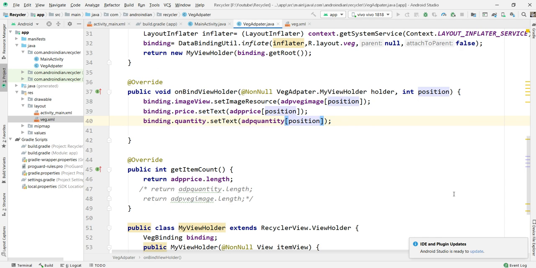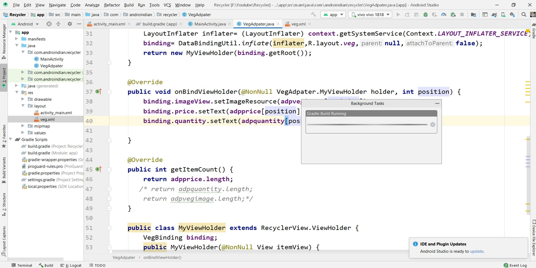I'll make some changes to the UI part and apply the listener for different components. How we can apply that listener, you can see in our next video.